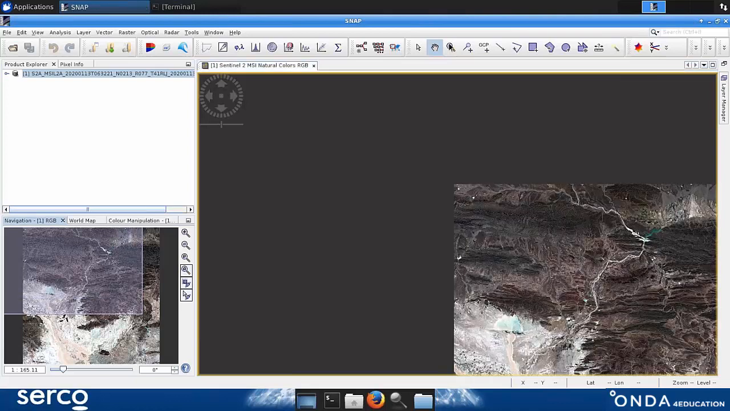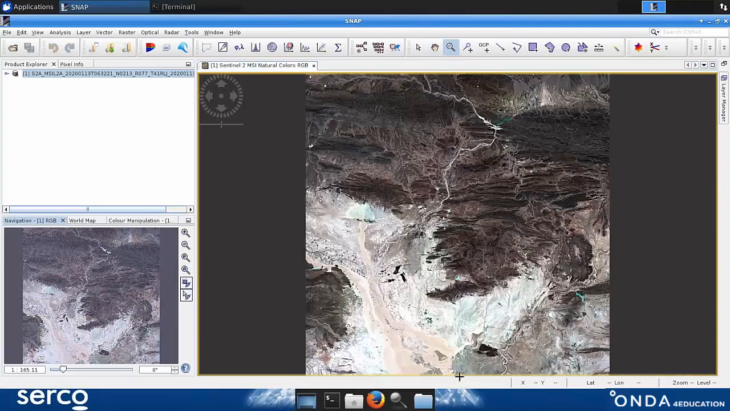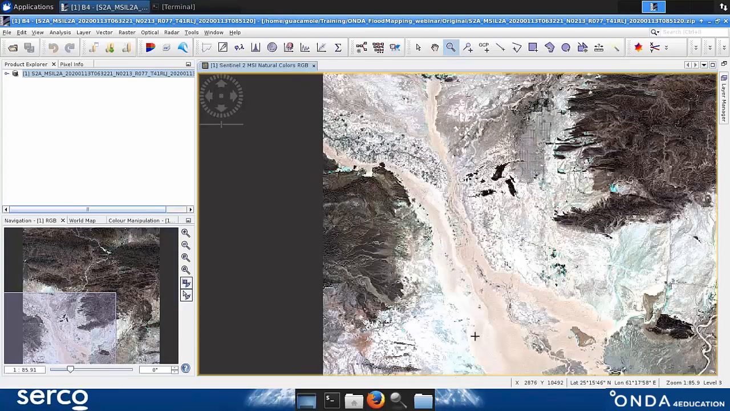So all this area is a flood. With optical data, it is much easier because there is no need to pre-process the data. The main pre-processing step that is required with optical data is called atmospheric correction. And atmospheric correction refers to moving from top of the atmosphere reflectance values to bottom of the